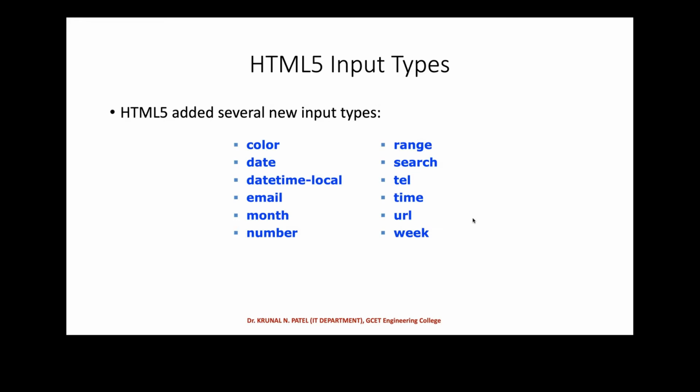In our last session we talked about forms, and with that we also discussed the different types of inputs. We have seen various inputs like text box, then button. There are three types of buttons. After that, we also discussed the drop down list, radio button, checkbox, and all that stuff.